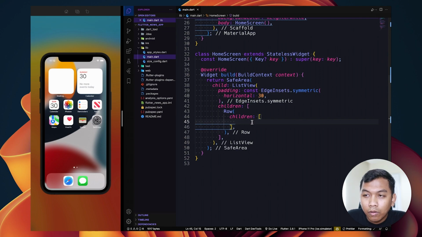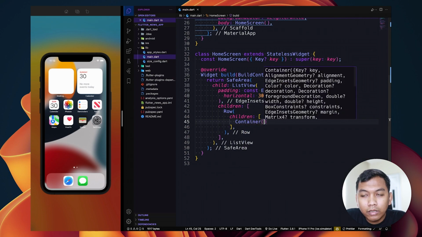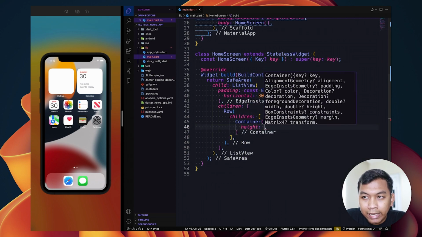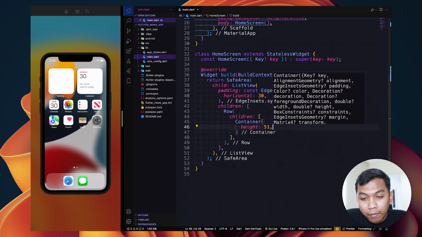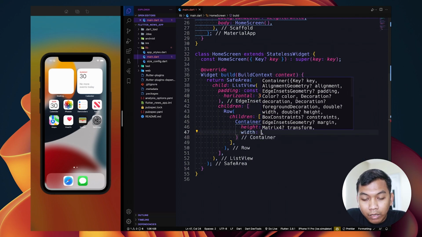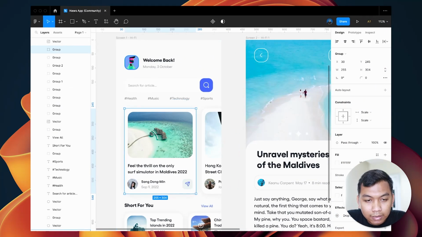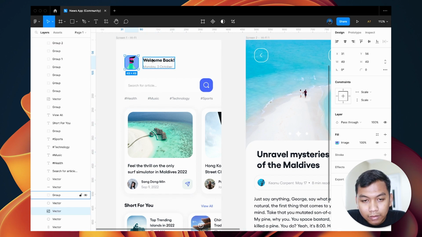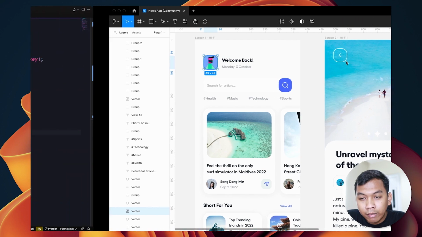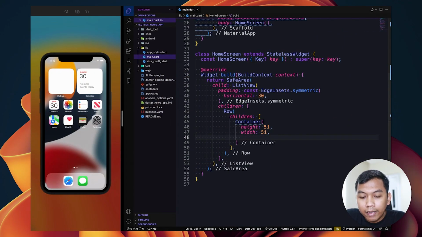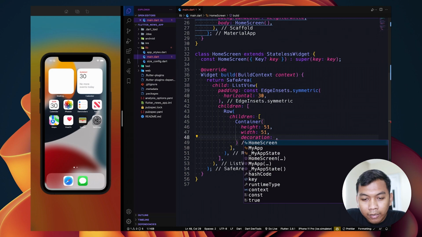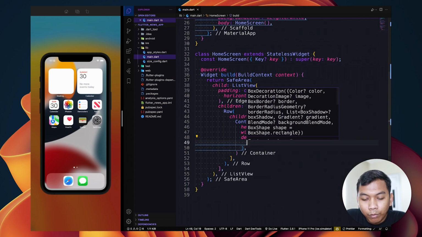We will use a Container because we can set height to be 51 and width 51. I just translated from this, but I made it bigger to be 51. And in the Container we have decoration, which we can set to BoxDecoration.